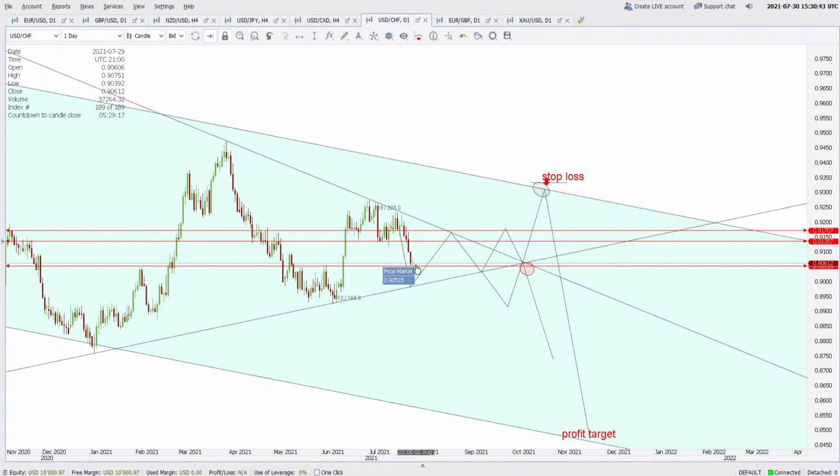Maybe wait for the range extreme position, which is this falling trend line of the symmetrical triangle, or this rising trend line of the symmetrical triangle. That is a good idea